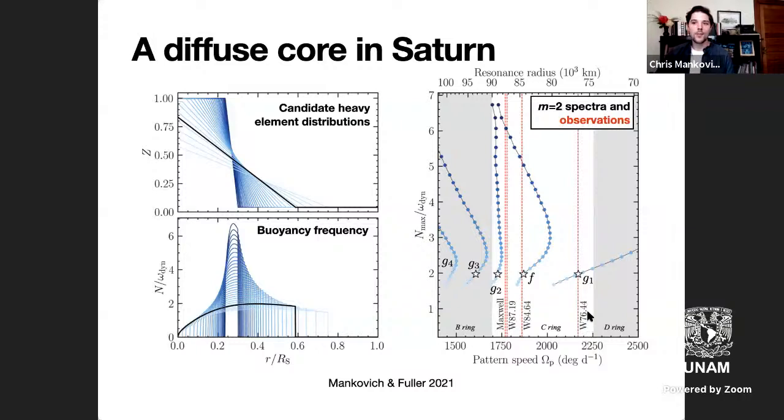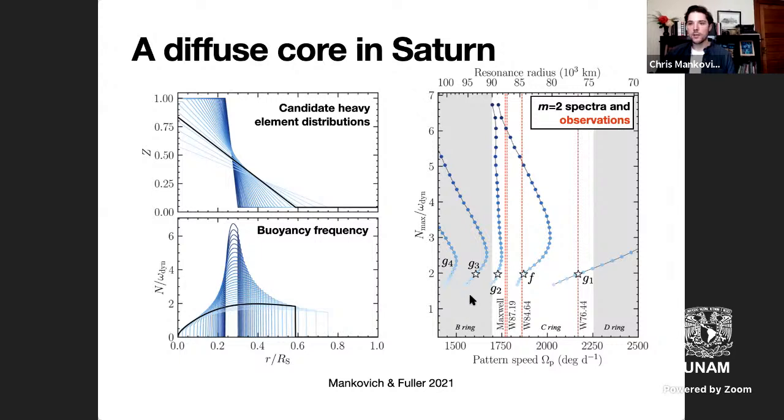And this is kind of the smoking gun that really points to a diffuse core in Saturn, because it's a very high frequency that can only really be explained by another l equals m equals 2 g mode. Its frequency is simply too high for any model that does not have a diffuse core. Models that have a very steep transition between a core and an envelope, and therefore a really peaky profile of the buoyancy frequency, predict an extremely large value for the frequency of this g mode that is way off the plot, and so simply can't explain the observation.